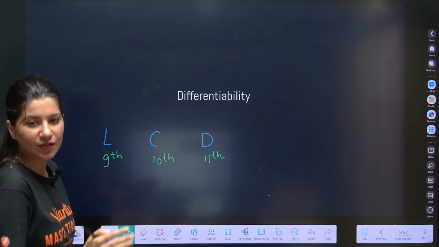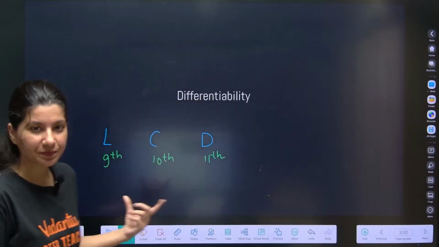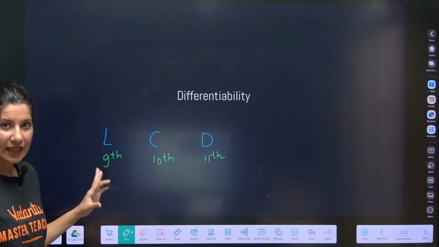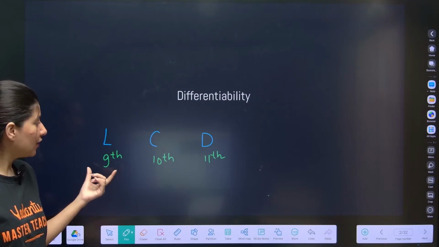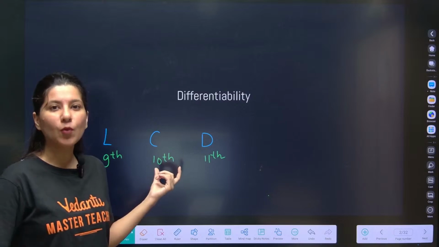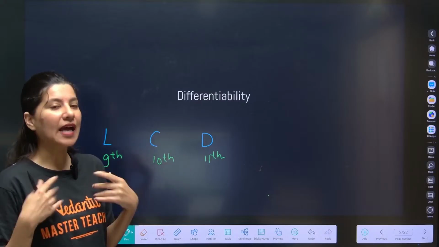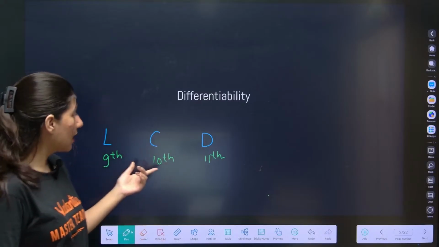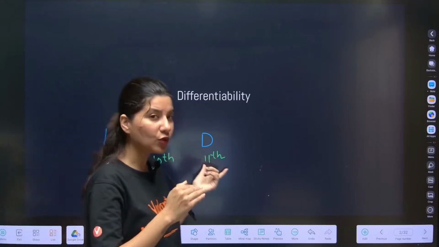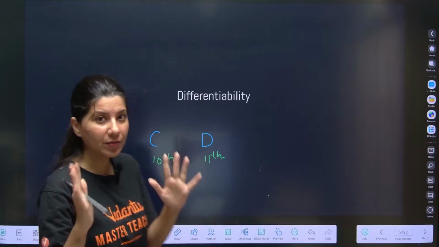9th, 10th and 11th, three consecutive classes you can say. So if at all a student has passed class 9th, then what will happen? Then automatically he will get promoted to class 10th. Now, whether he will fail or pass class 10th, that is not 100% confirmed. And if he passes class 10th, he gets promoted to class 11th, but we are not sure whether he will pass class 11th or not. But here is a catch.